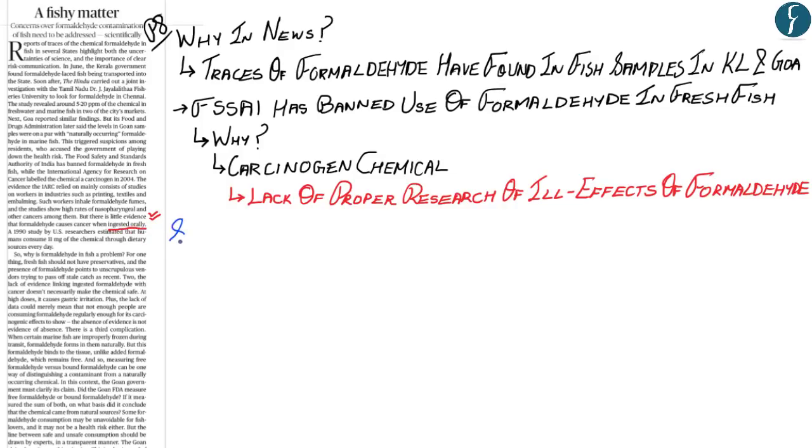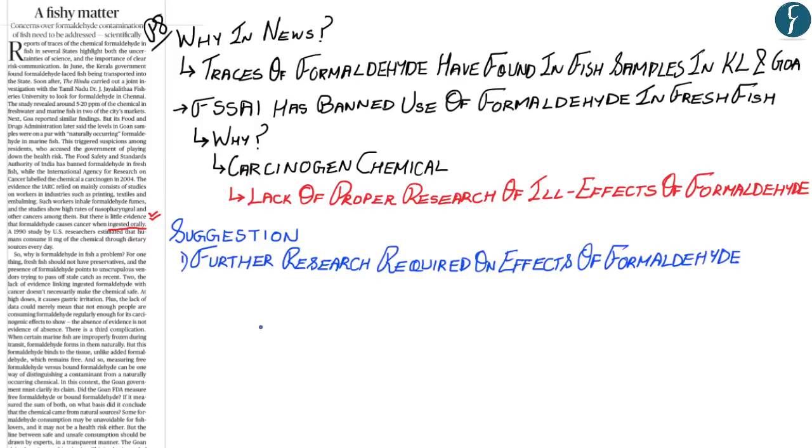And therefore, the article suggests that further research is required to understand the ill effects of formaldehyde, especially within the Indian context. Now, you have to consider this article and the explanation given in this section within the aspect of basic understanding of formaldehyde, wherein formaldehyde is used as a preservative for fresh fish, and in various studies it has been considered a carcinogenic chemical, because of which the Food Safety and Standards Authority of India has also banned the use